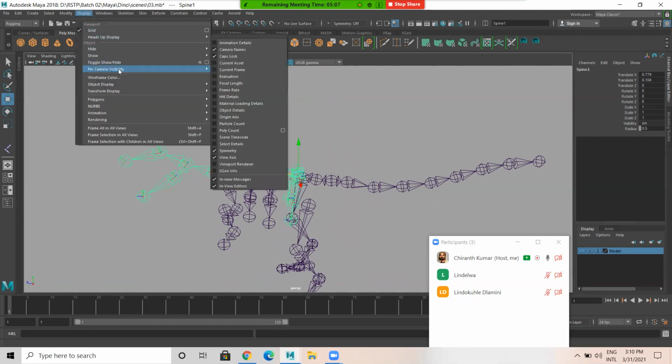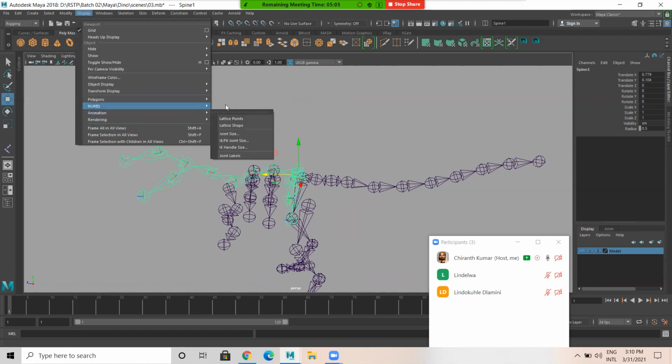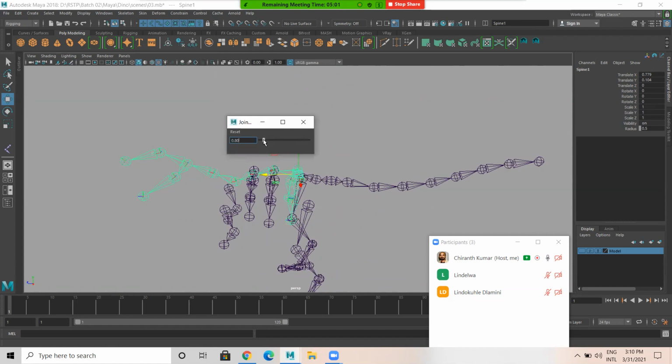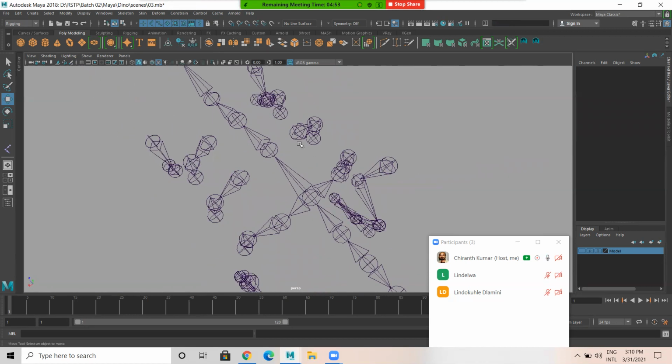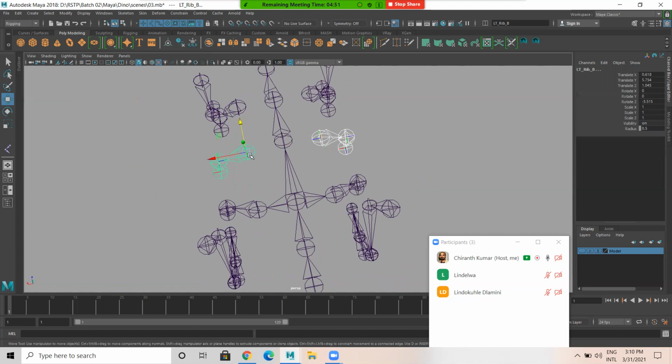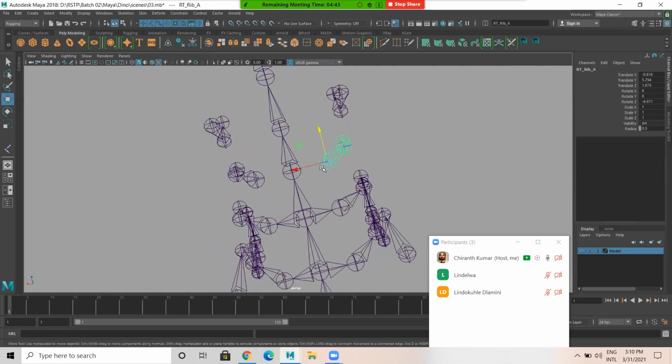Okay, I want to reduce the joint size, because the appearance of the joint size seems bigger. I go to Display, Animation, Display Animation, and in animation, joint size. Instead of 1, let me reduce to something lesser, so that I can see the elements clearly. I am selecting this joint and this joint. Then you select this joint, press P, because these ribs are to be the child of the spine. Okay, select this joint, then select this joint, P.